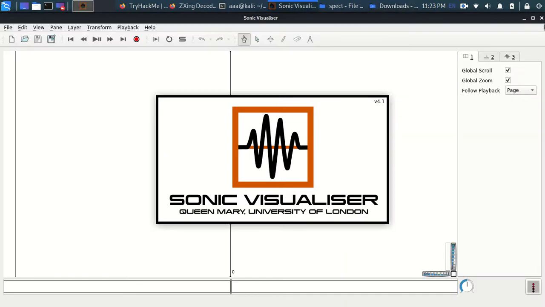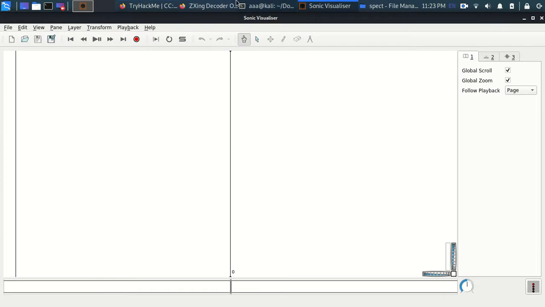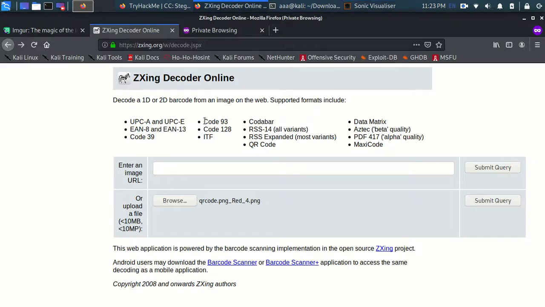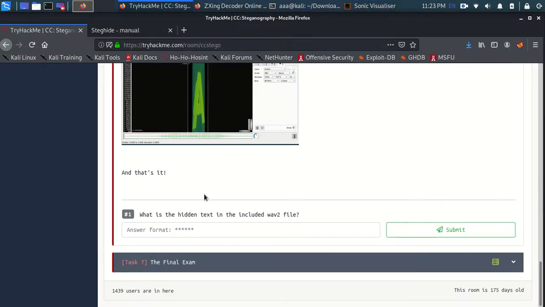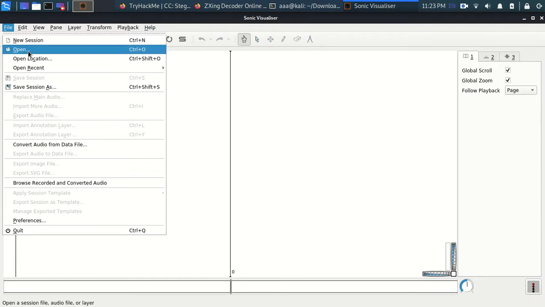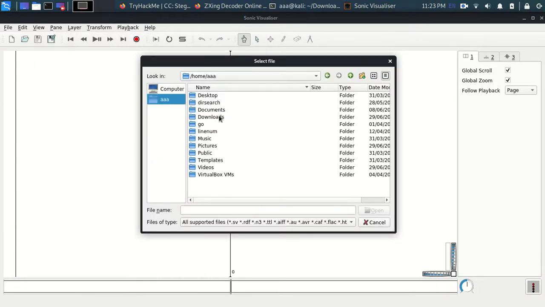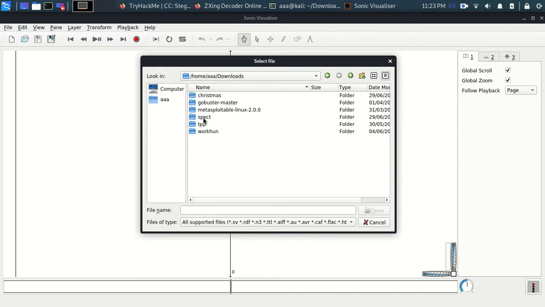Okay, so my Sonic Visualizer is on, and let's check. What is the hidden text in the file included wave2? So I go to Sonic Visualizer and I'll open that file. It is in downloads, and this one, wave2.